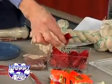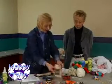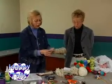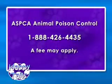This is dangerous. There are dyes, and there's no warning on here. I don't think they're thinking about people ingesting this. So there isn't a warning on here, so you need to be careful. And we are going to provide the poison center's phone number, so that if you think that your dog or cat has gotten into poisonous plants,